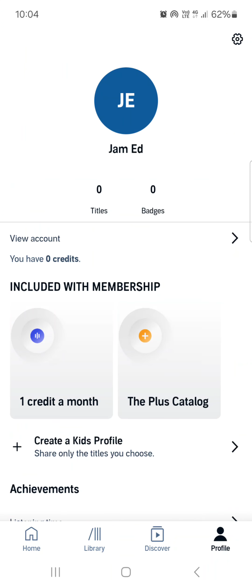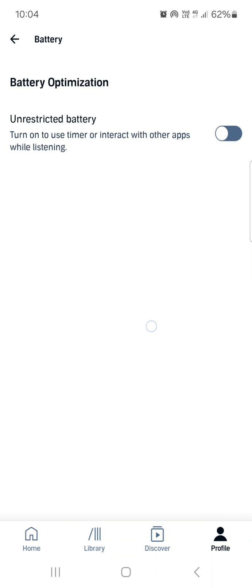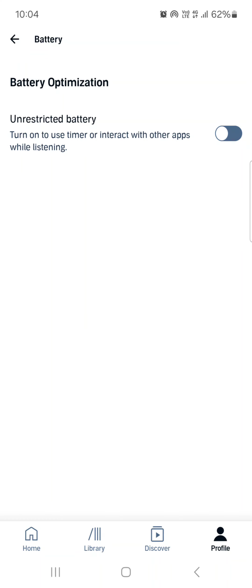From here we just go into the profile menu, which actually opens up like this. From here we just tap on the cog icon in the top right corner. Then under app settings we have battery. Tap on this, and here we have battery optimization, and we can turn on unrestricted battery, which means that the